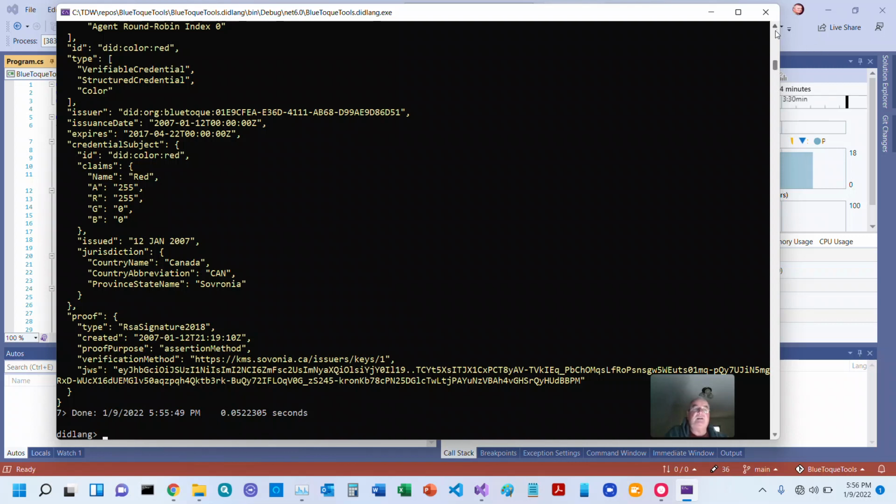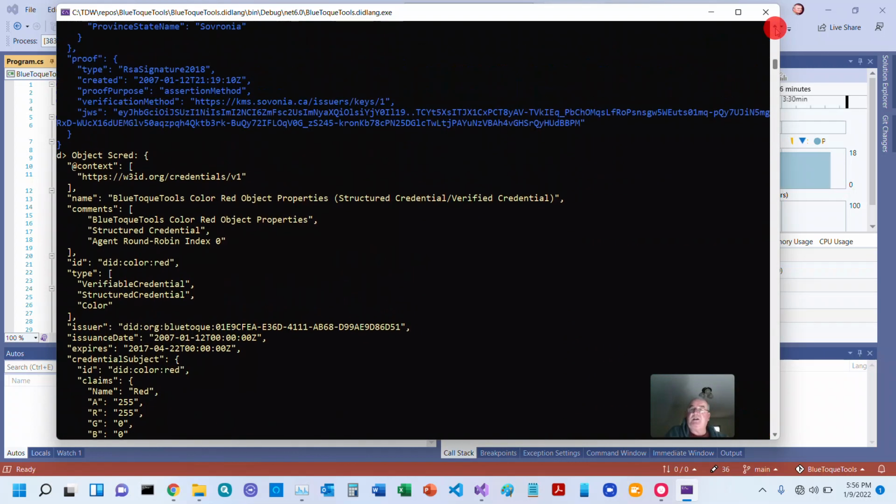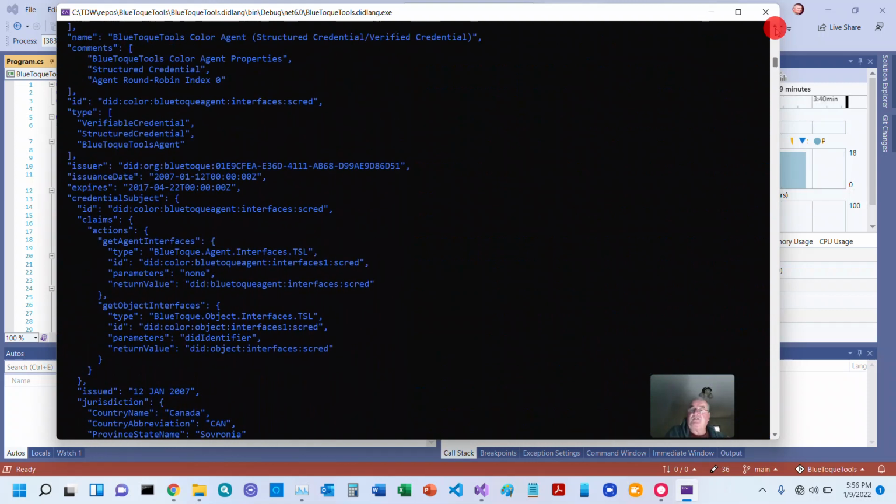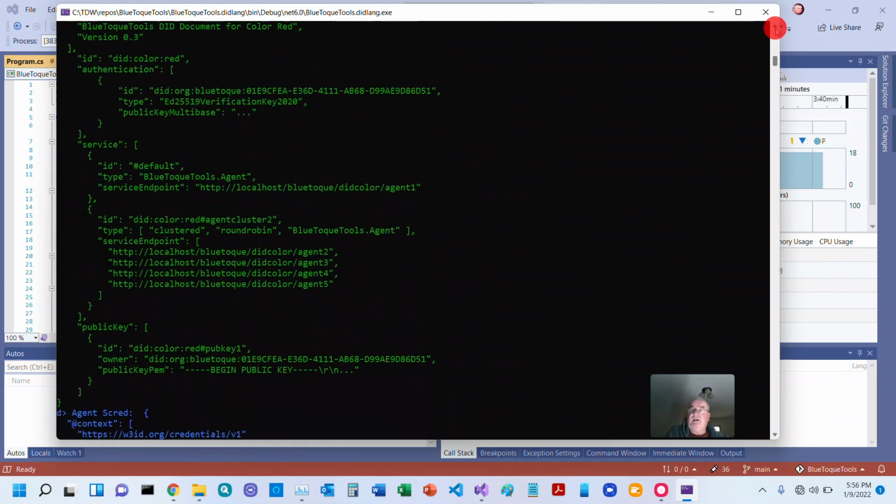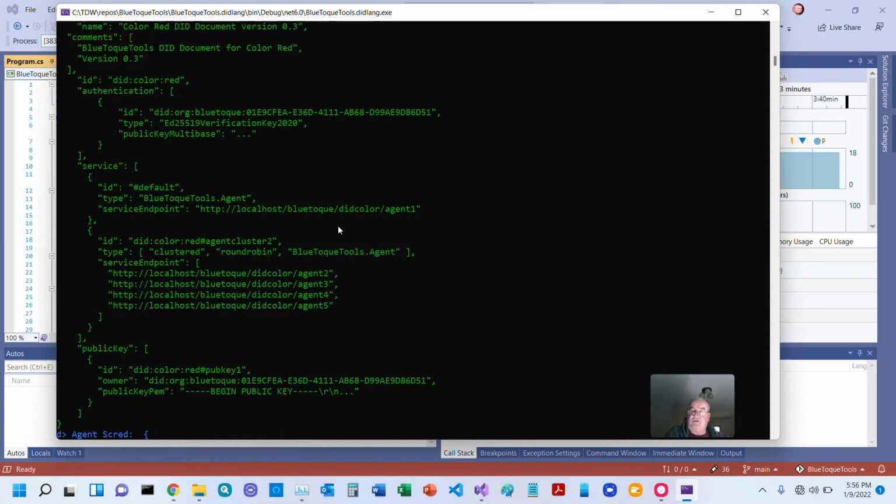We're starting to get into sort of an enterprise state, an enterprise quality implementation of agents distributed across multiple service endpoints, being able to execute the identical code on each of those service endpoints. So in effect, those agents can be running anywhere on any service endpoint. We'll always get the same result back. And pretty cool addition